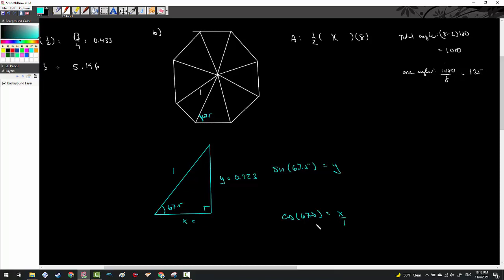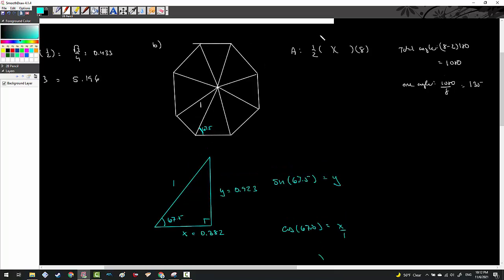So I'll go and do cosine of 67.5. And I'm going to get x equaling 0.382. Okay, so now from here, my height is pretty clear. It's this 0.923 number, so 0.923. My base, on the other hand, is going to be this 0.382 number times 2. So that's going to be